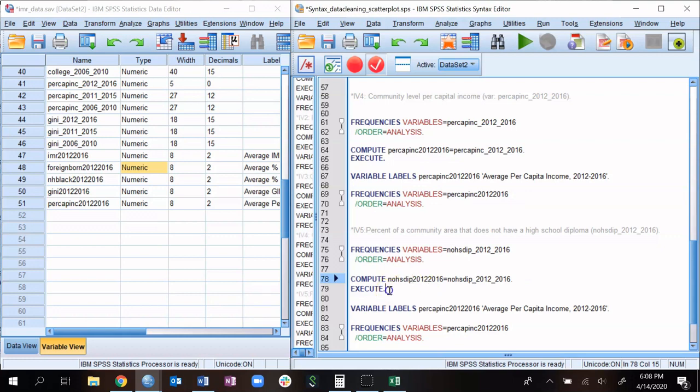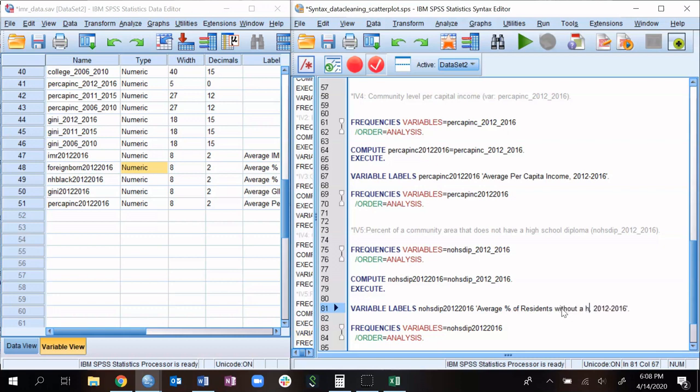But once you do this line, everything below that for this section needs to be no_HS_dip_2012_2016. Done. Done. Okay. And then for the label here, average percent of residents